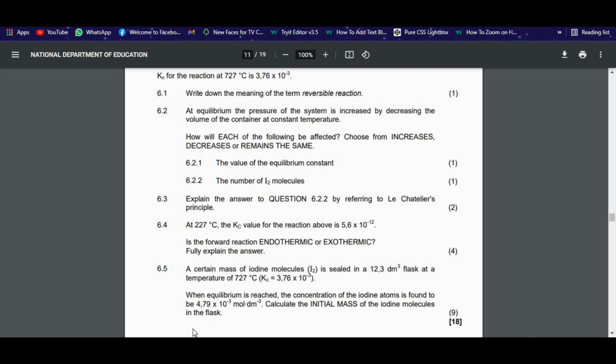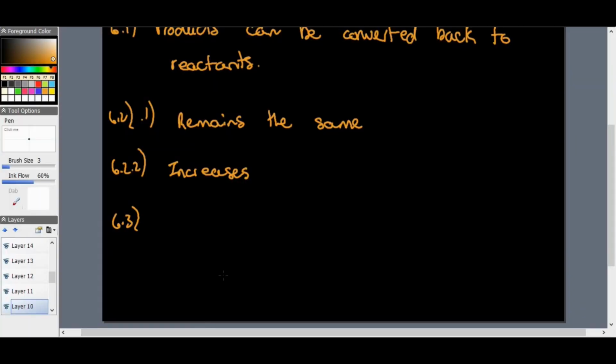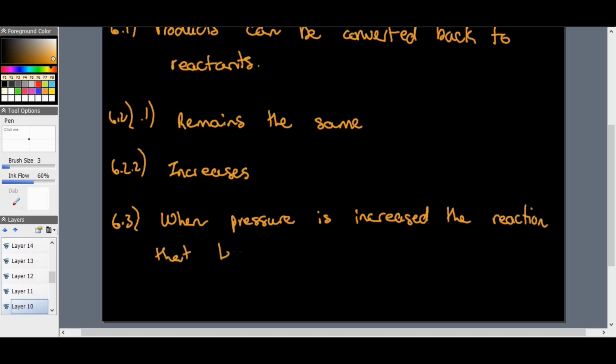And we need to refer to Le Chatelier's principle. So please make sure when it comes to chemical equilibrium that we do learn Le Chatelier's principle, please. Explaining it using Le Chatelier's is that when pressure is increased, the reaction that leads to the smaller amount of gas